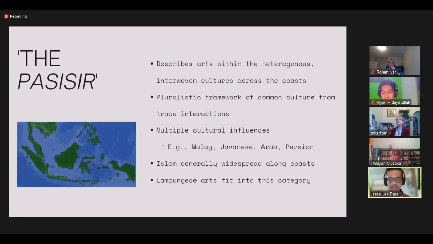The term pasisir describes the arts within the heterogeneous interwoven cultures across the coast of Nusantara. Rather than prescribing one particular culture, this term highlights multiple cultural influences within a pluralistic framework of common culture from trade interactions. Islam is generally widespread along these coasts, with the notable exception of Bali, but the classification of pasisir